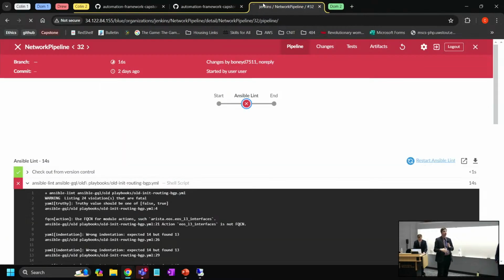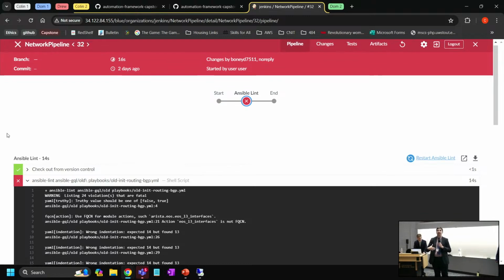So when we head over to Jenkins, we're going to get this big, scary red X, but that's actually a good thing, because this is one of our older playbooks, and with Ansible lint, it tells you exactly what line there's errors in your code and what that error is and how to resolve it. And then once you make those changes and you run it again on one of our newer ones,